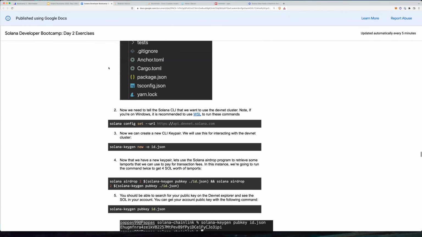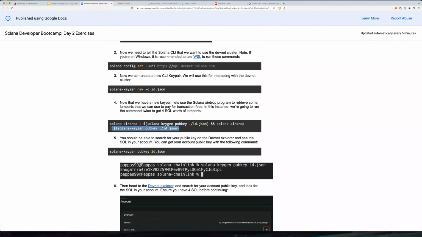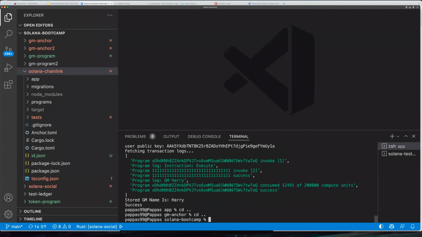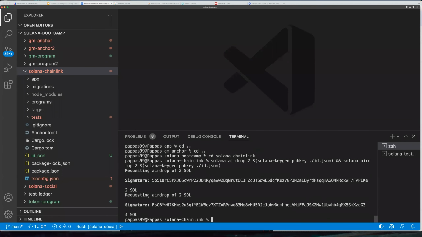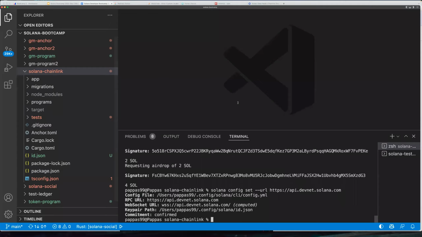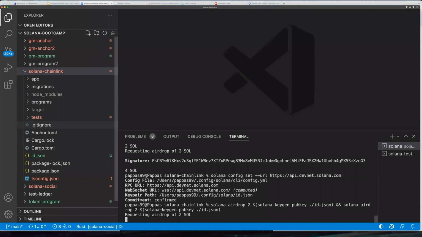So we initialize a project. We set our config to the DevNet RPC address here, generating a new wallet address again. We're doing a double airdrop here for our wallet, because deploying this takes up just over 2 Sol. So I'm going to go into my... that was a bit too fast. That means it was running on my local net. So I'm going to set my config to DevNet. And if I do my airdrop again,